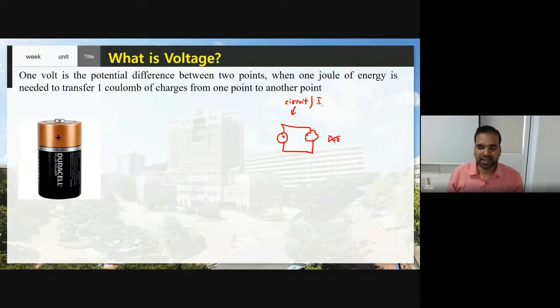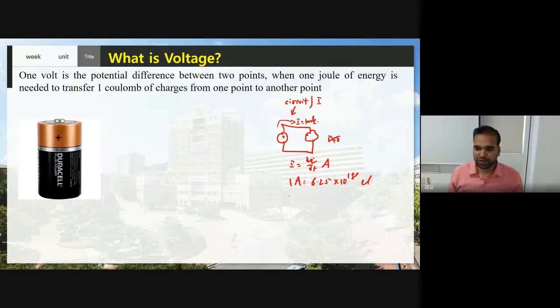Now what is current? Current is nothing but the flow of electrons from point A to point B. Here I am considering DC current. So what is the formula for current? I equal to dq by dt, where q equals charge and t equals time. So how many charges are flowing in 1 second? The unit for current is the ampere. 1 ampere equals how many electrons flowing in 1 second? 6.25 into 10 power 18 electrons are flowing.